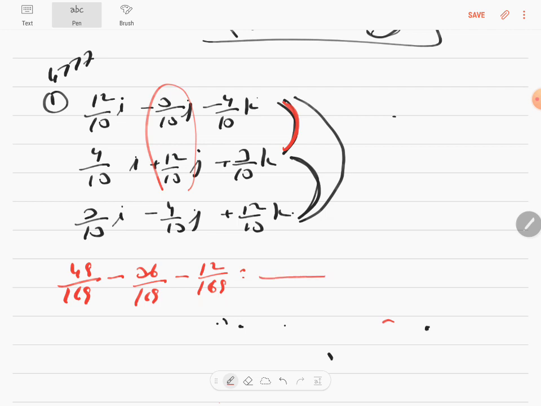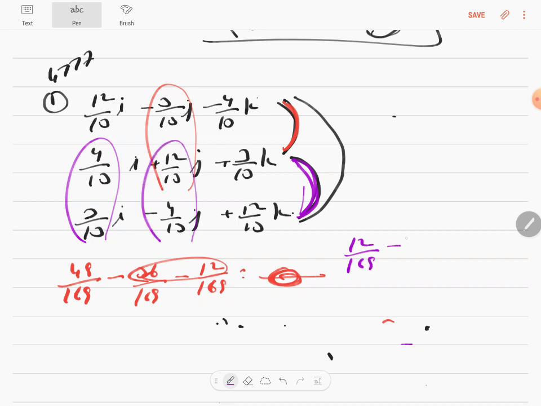If this is nothing but 48 minus 48, it will become 0 and therefore they are perpendicular. Let's compare this and this then. 4 threes are 12 by 169, minus 12 fours are 48 by 169, plus 12 threes are 36 by 169. This is also 0. Thus you can conclude that they are mutually perpendicular to each other, even by dotting this